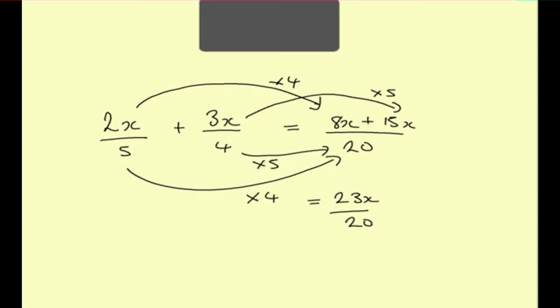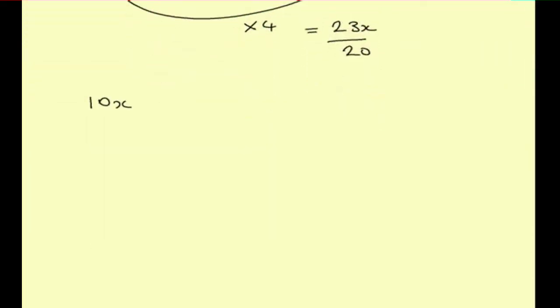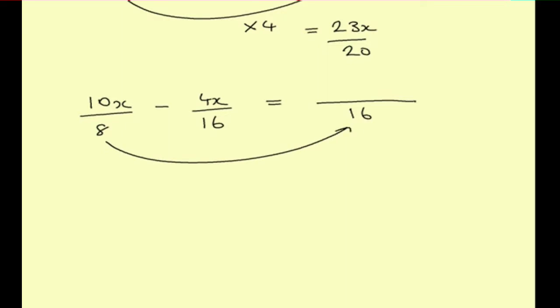Okay, so let's do an example now involving subtraction. Let's say I've got 10x over 8 minus 4x over 16. Then we do exactly the same thing, find the lowest common multiple of 8 and 16, which is going to be 16. So 8 into 16 goes twice,